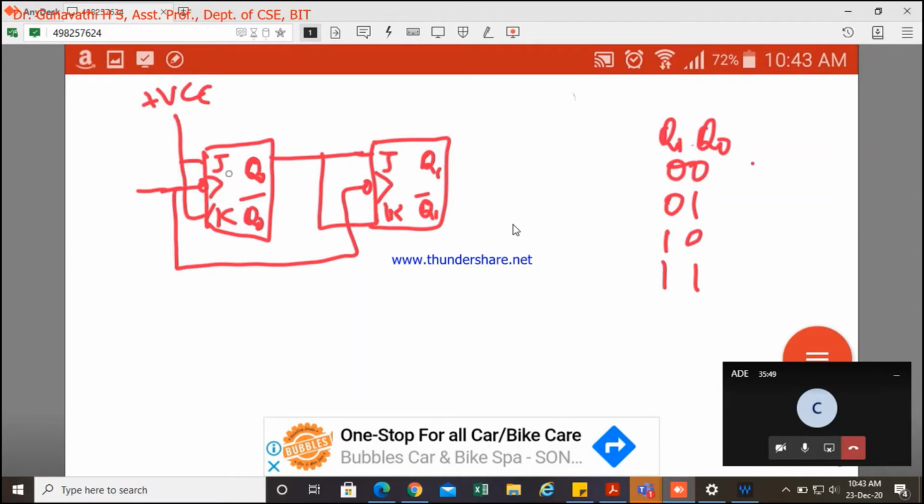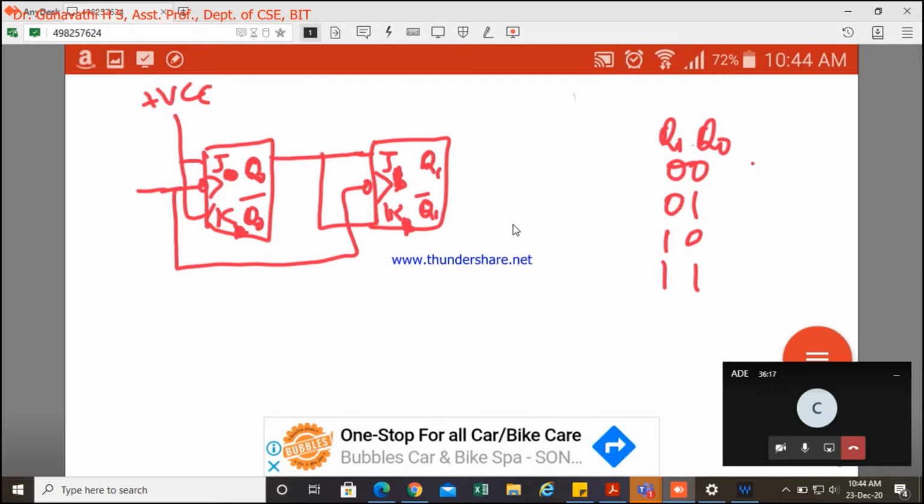Here it's for the A flip-flop, here it's for the B flip-flop, or Q0, J0, J1, like that also you can write it. I think that would be better, J0, J1. Either you write QA, QB or you write J0, J1. Now J and K inputs are given as VCC.